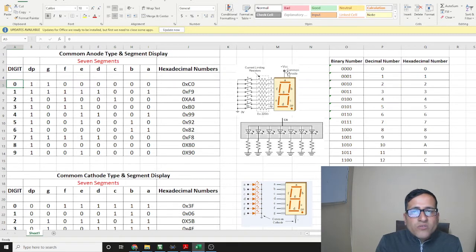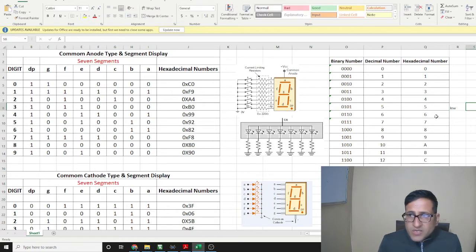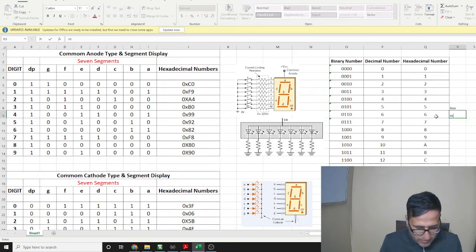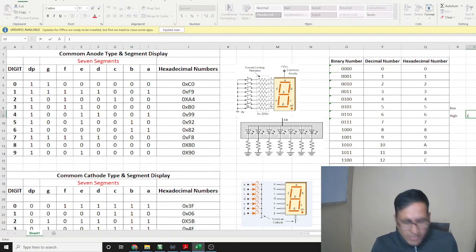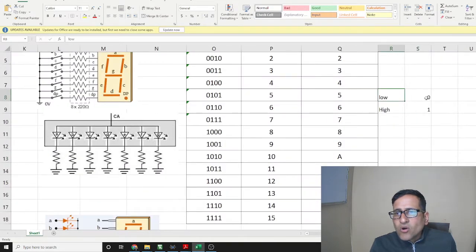In the case of the common anode we have to apply plus VCC, and if we want to glow some segment then we have to give the low value. Low means 0 and high means 1. I think this is clear to everyone. Low is 0 and high is 1.